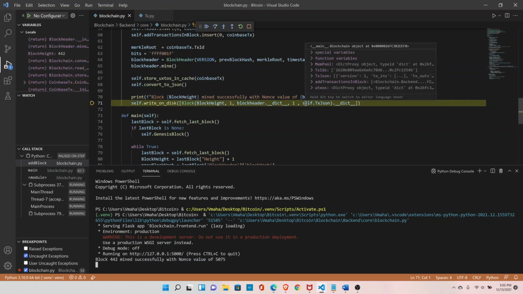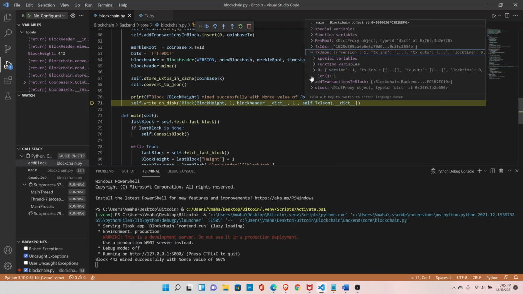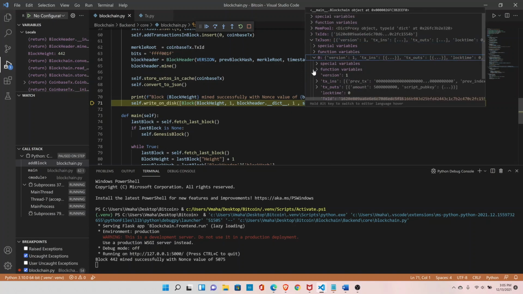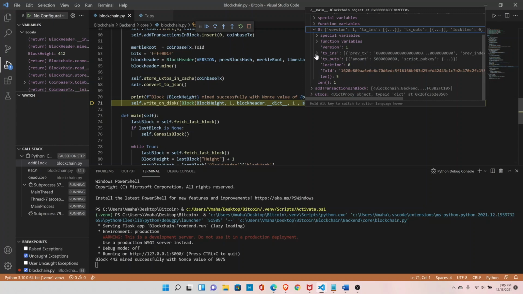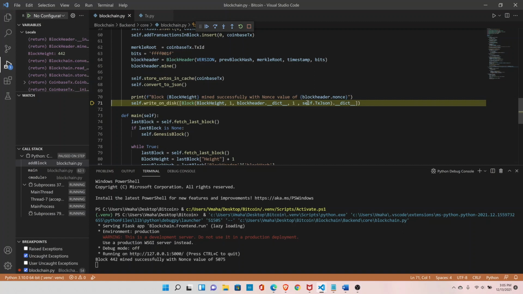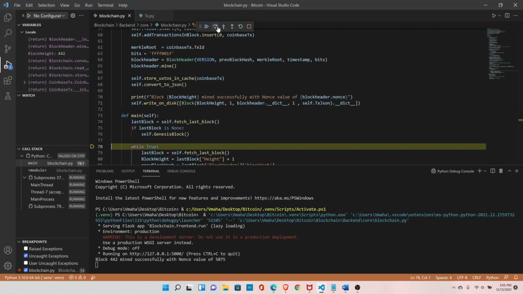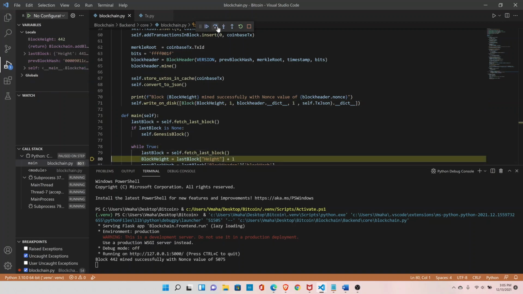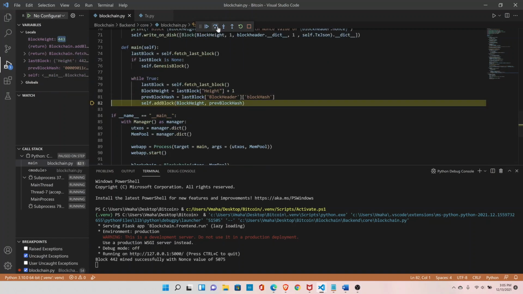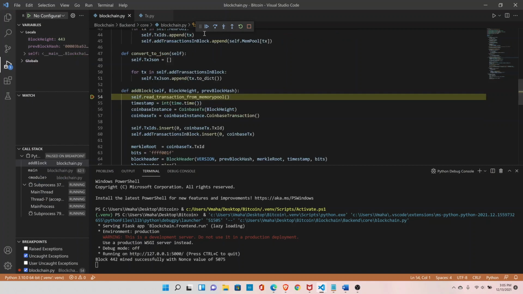So let's quickly look at the object JSON, and it has converted everything into dictionary. We do not have any object now, and now I should be able to write this into JSON without any issue. So let's run this, and that's nice, it worked. Now let's transfer some coins,